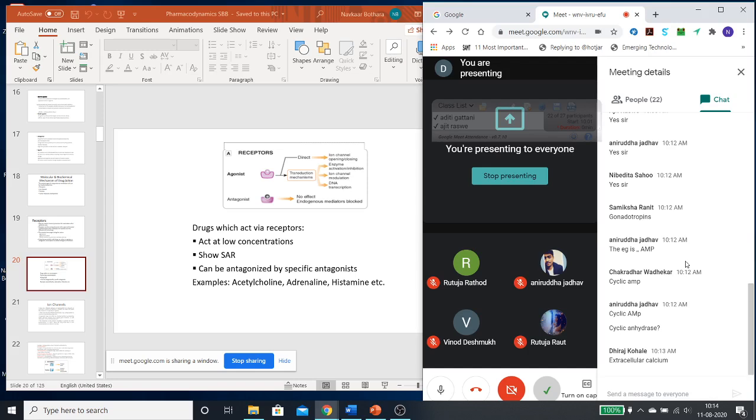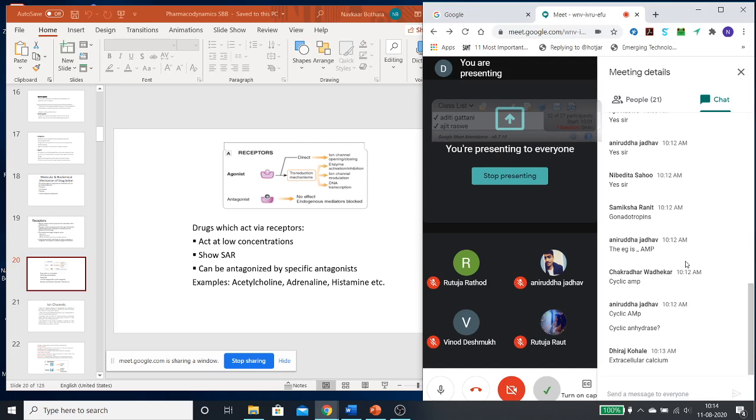And lastly, the drugs which are acting on nuclear receptors may take much more time, because it can take hours, or it may take days, or it may take even years to show the action. So this is how the timing is also important, how the receptors can have a different kind of time of action. Okay, so that is how we call it an onset of action. When action starts, we call it an onset of action. So onset can be delayed in certain cases.